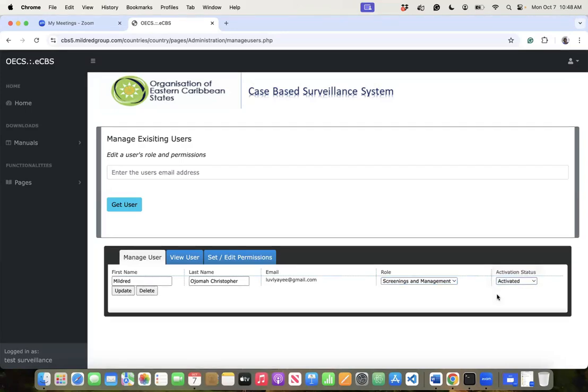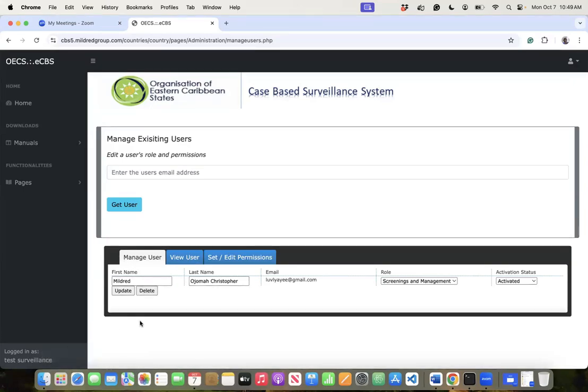But for the people assigned screenings and management, activating it will not solve the problem because they have to agree to the confidentiality agreement. Now, the confidentiality agreement is critical because it holds all the terms and conditions of not exposing patient records and all of that. You don't want to bypass that. So even if you manually activate the account, they have to agree to that. You could give them a paper form or whatever, but the system will not allow you to go forward. They have to find that email from their spam folder or not. If they can't find it, you simply delete the account and recreate it so that the system sends another account email